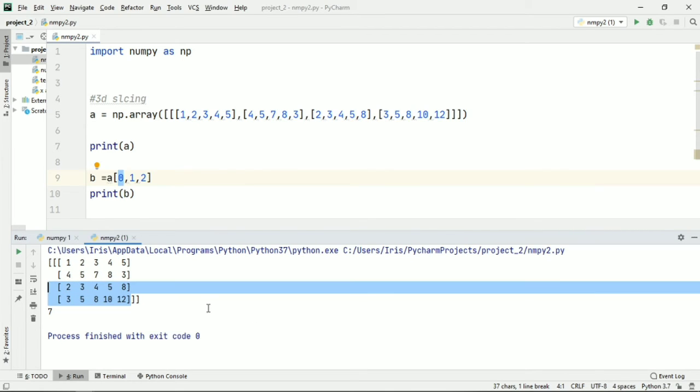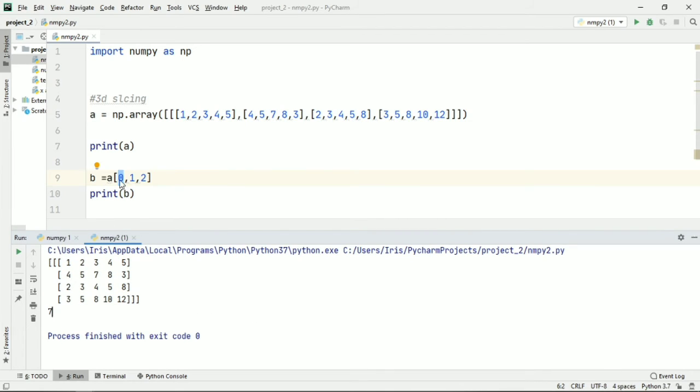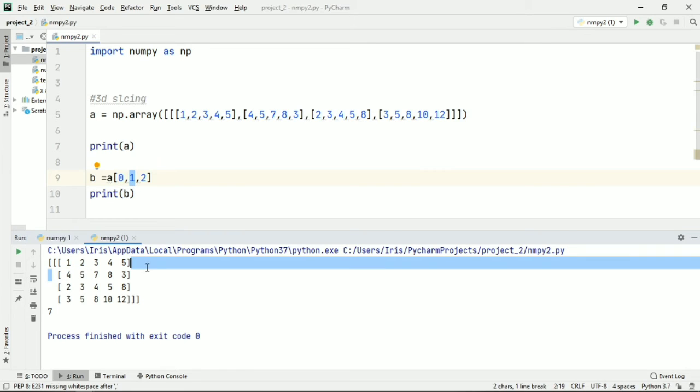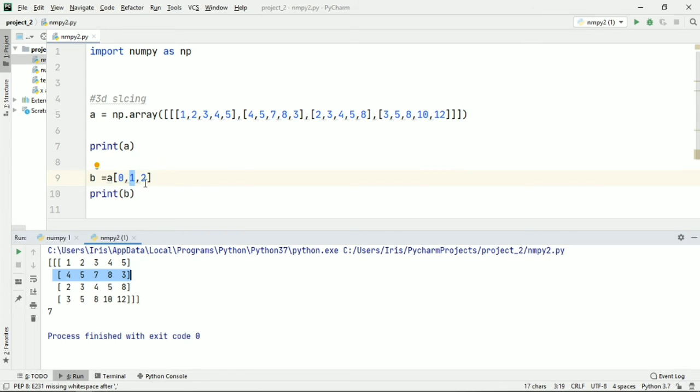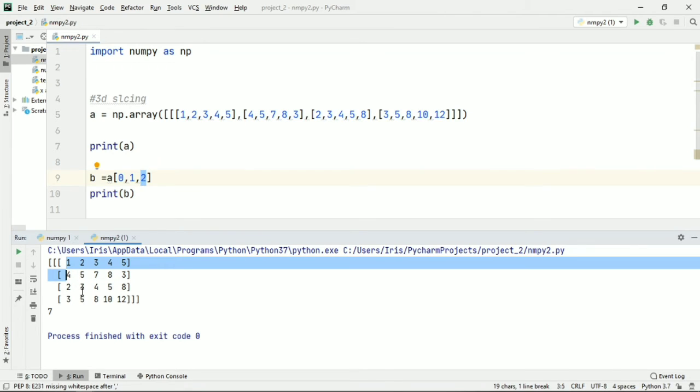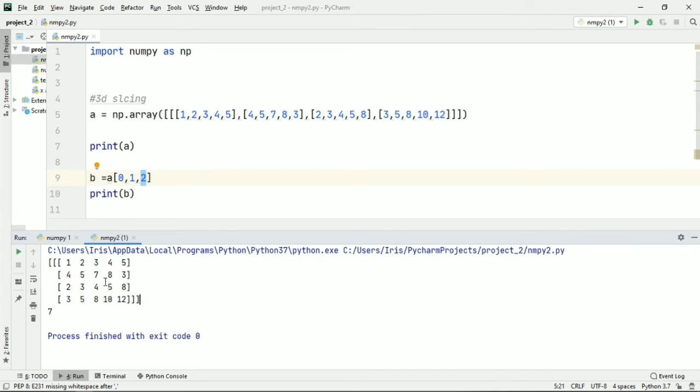That's the theory behind upper and lower dimensional arrays. And your 1 is your row, that is my 4 5 7 8 3, and my column 0 is 1, column 1 is 2 comma 5, and my third column is 3 comma 7. So from all of this, my output is 7, which gets printed out here.